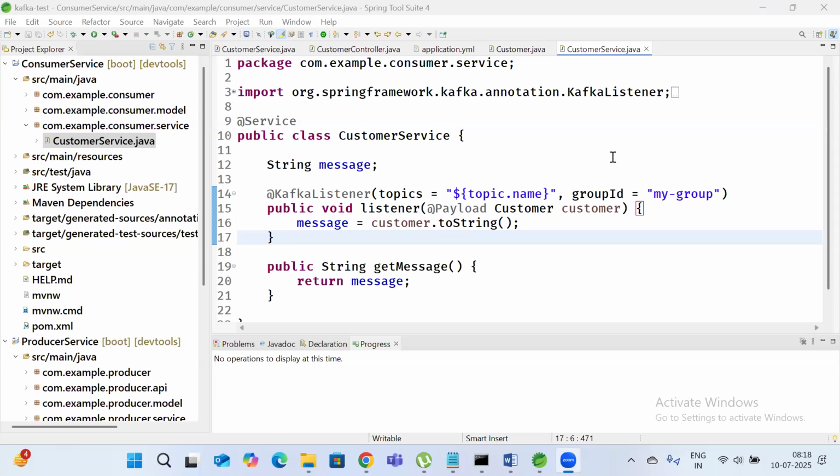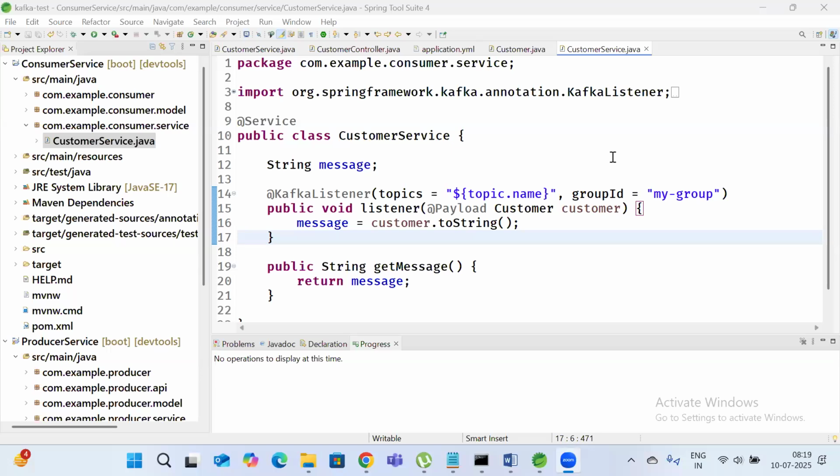When a message is consumed, that consumer should do some action. See, what is the consumer's responsibility? Take the message and do some action on that. Otherwise, what is the use of consuming that message by the consumer? So if, for example, you have one consumer and that consumer has done some action, that action result will be